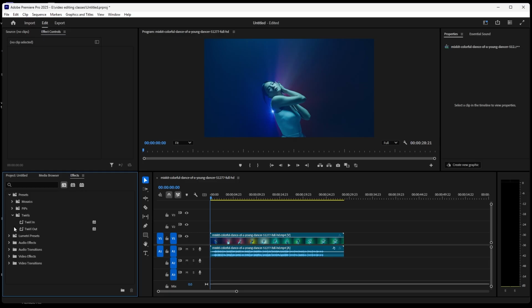Here we have effects. In this, mosaics are there, PIPs, picture in picture effects, and twirls in and twirls out, right? So in presets, and of course here if you observe, there are some accelerated effects, and 32-bit color effects, and YUV effects. So what are these accelerated effects actually? To understand this one, here we have